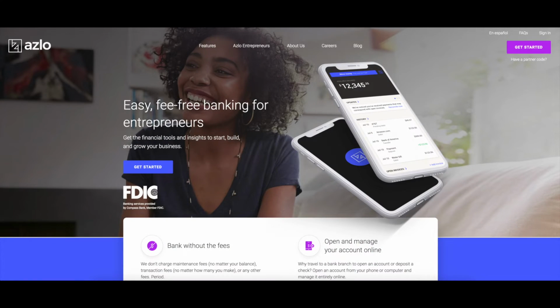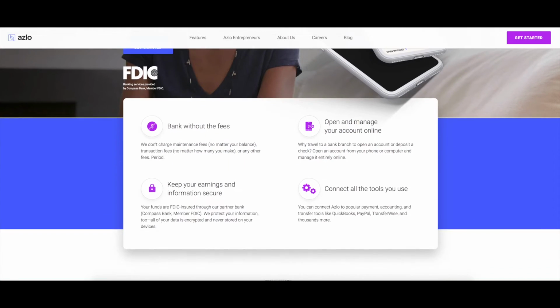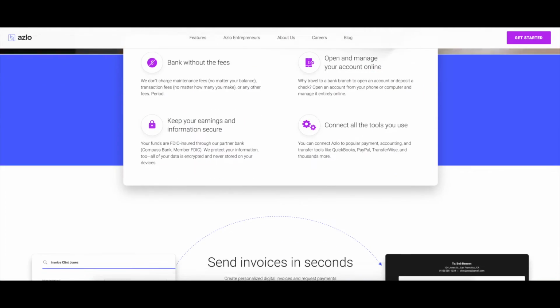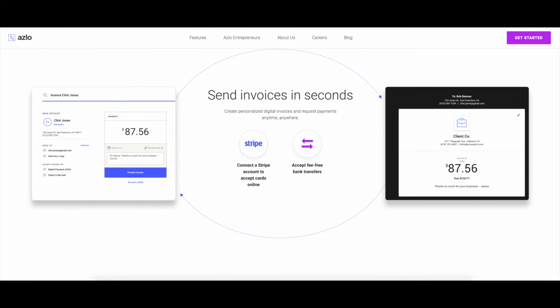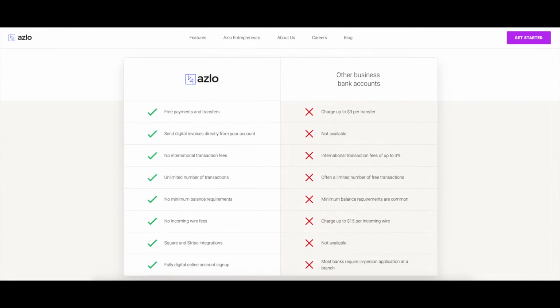They're really, really awesome. Number 35, this is a newer tool that I found out about and I fully recommend. It is Azlo. Now, Azlo is banking just for small business owners, for entrepreneurs. There's been a little bit of a difficult time for small business owners to find free or inexpensive banking options. Definitely check with your local bank. If you already have a bank, check and make sure what their banking options are. But Azlo is a really great option as well. It's totally online and it's made just for entrepreneurs. So go and check it out.